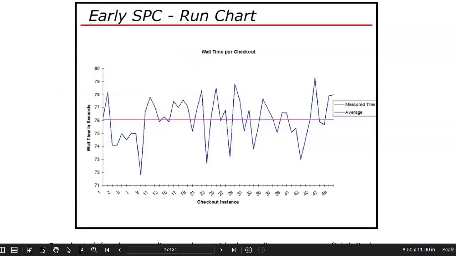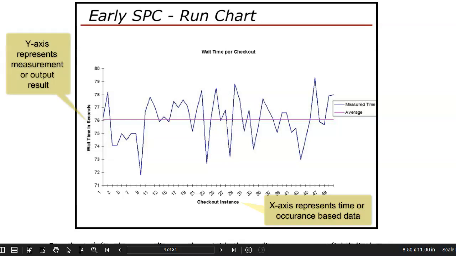Well, in a nutshell, we're taking a look at a run chart right now. Run charts are simple time series charts that show process performance data where on the x-axis you've either got time, days, weeks, months, or occurrences that has been measured, and then the output from that measurement is on the y-axis. This is an example of a time series chart where we're taking a look at checkout wait times, and it looks like it's occurrence instances at this point. Typically, run charts will include, in addition to the plotted out data, central tendency, the average in this case,